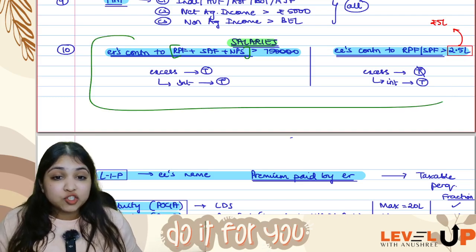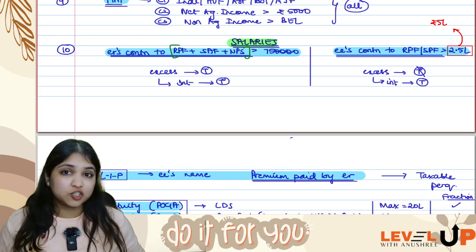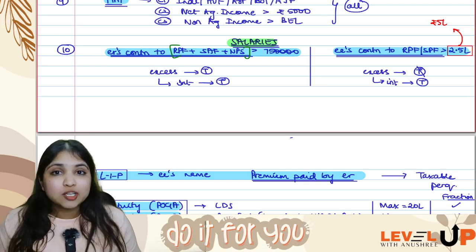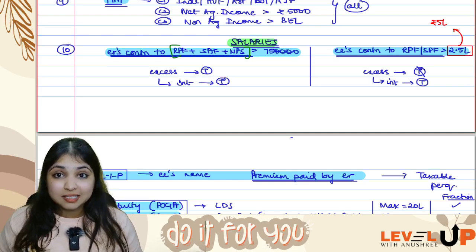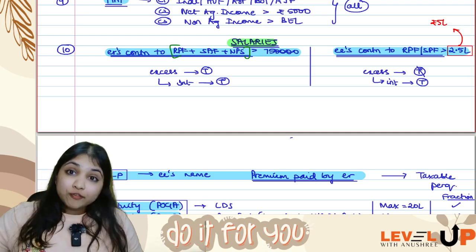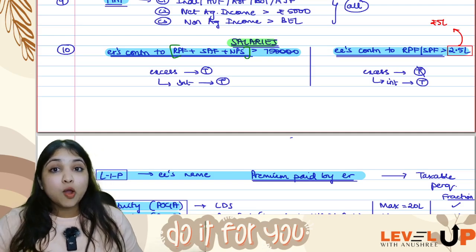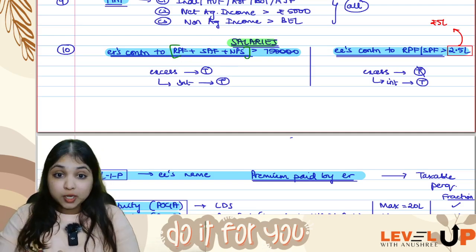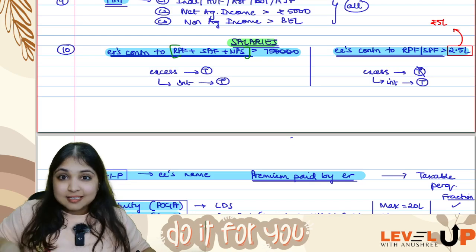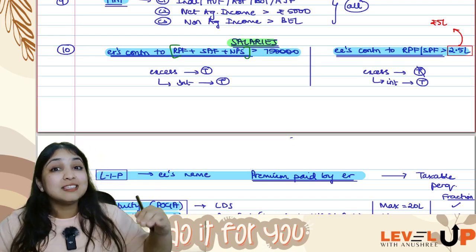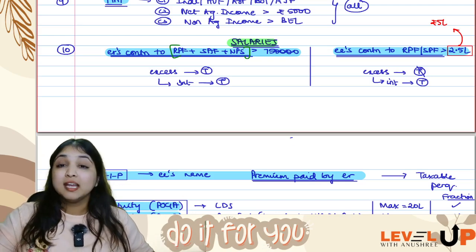See, these provisions are in addition to the usual provisions. Generally, what do we do with the employer's contribution? Up to 12% of salary is exempt, beyond 12% the excess is taxable. That is anyways there. Over and above that, we will see if the employer's contribution to these three things put together is more than 7,50,000. If it is, then the excess is taxable as a perquisite, and the interest on the excess is also taxable as a perquisite.